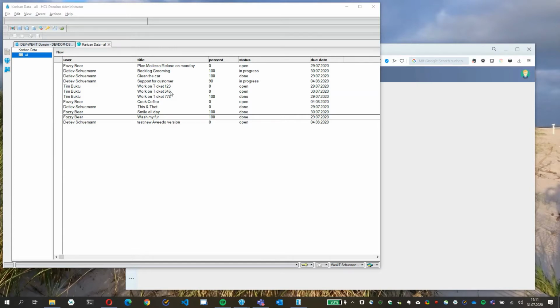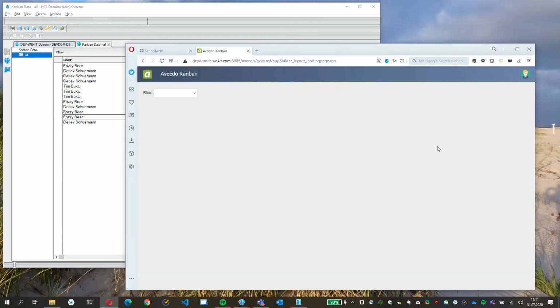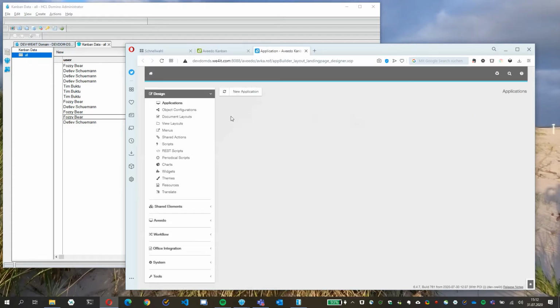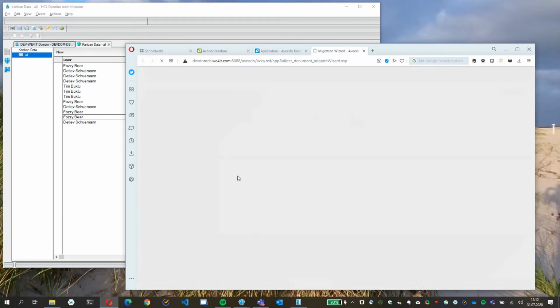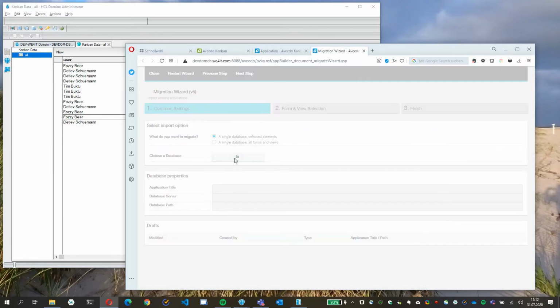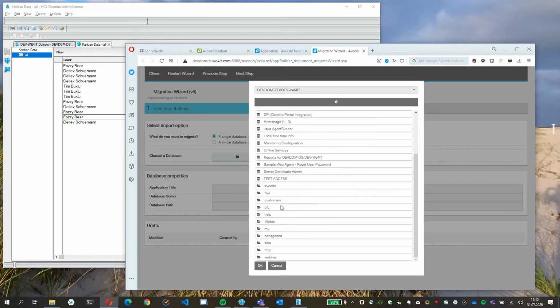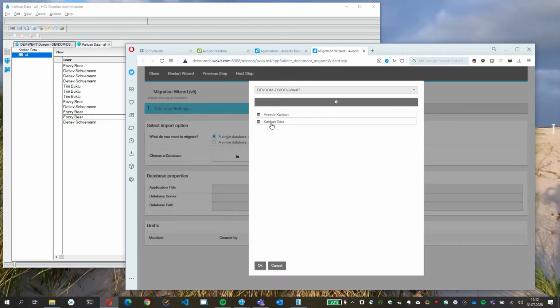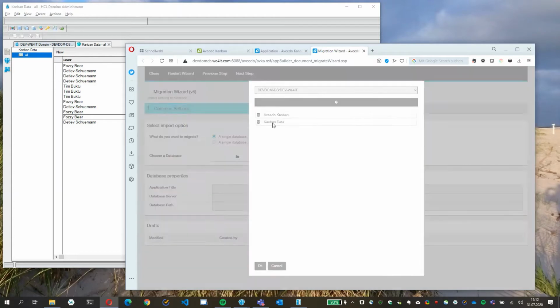So let's switch to my Aveedo in the browser, and as you can see I have an empty Aveedo instance. It has a name but no application, and now I will migrate the application in my Aveedo instance. I open the designer, go to Tools, Migration Wizard to migrate the application. I select it on my server. It's in the Aveedo folder. I select the database,